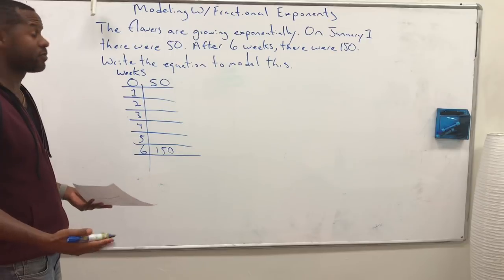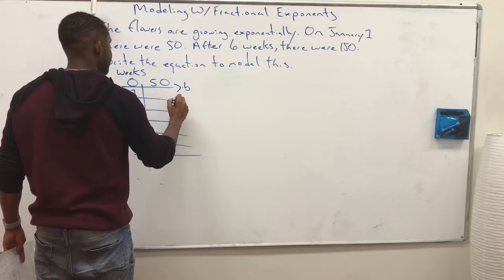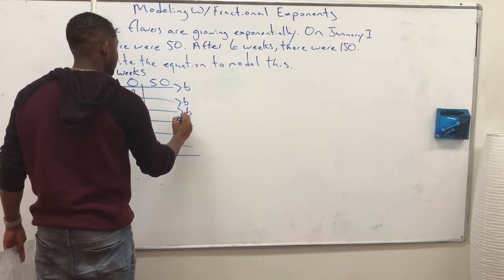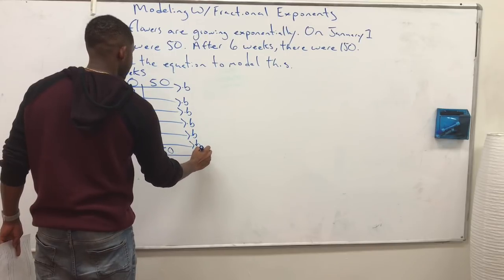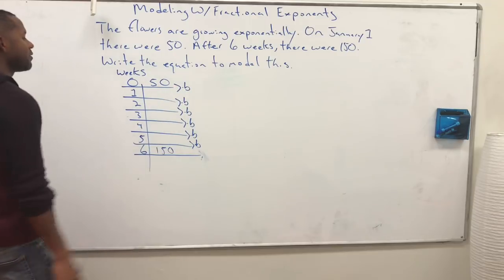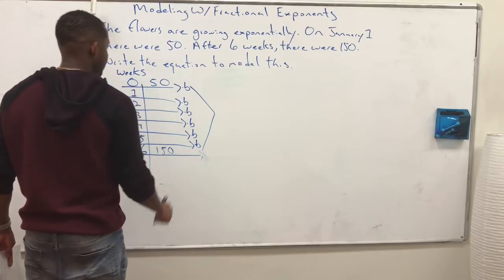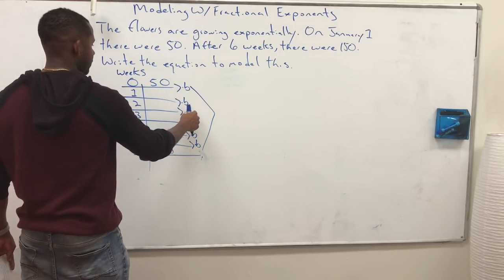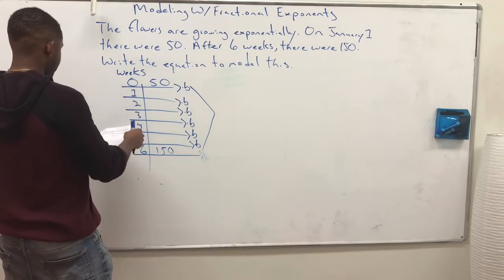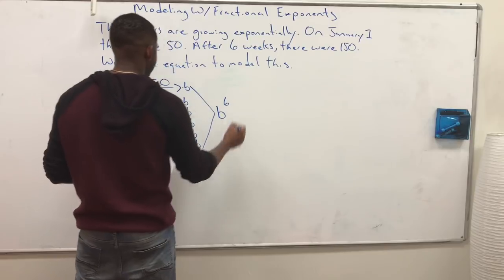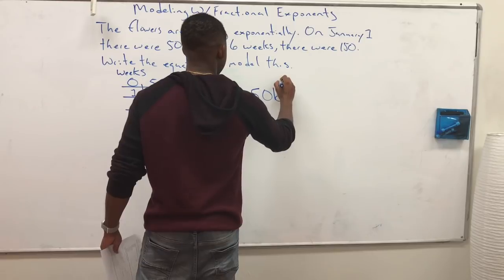You already know how to solve this problem, right? I've got to figure out 50 times B, times B, times B, times B, times B, times B, equals 150. All those have to be multiplied by B. Or in other words, this whole thing is B to the first, second, third, fourth, fifth, sixth power. So this is all B to the 6th power. So 50 times B to the 6th power